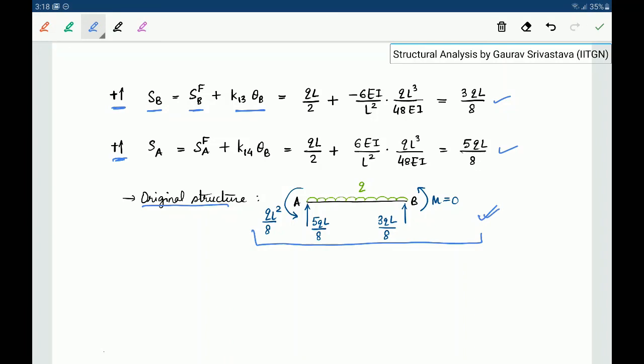Okay, so in this way we see that in displacement based methods, the displacements are the primary variable. So we first calculate the displacement. In this case we first calculated theta B, and once we had calculated theta B, we were able to find the forces and the moments at other coordinate locations. Okay, so we can choose any number of coordinates that we need, and by considering appropriate stiffness coefficients, we will be able to calculate the shear force and bending moment at any location or the supports of the beam.